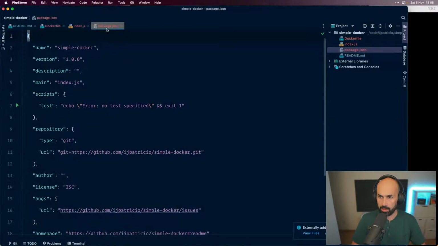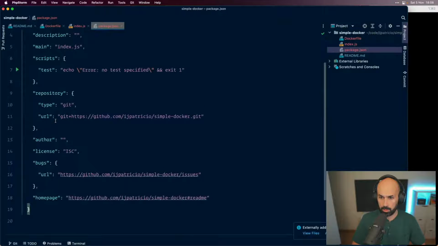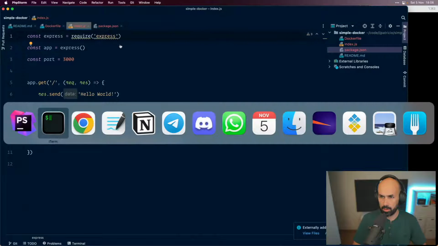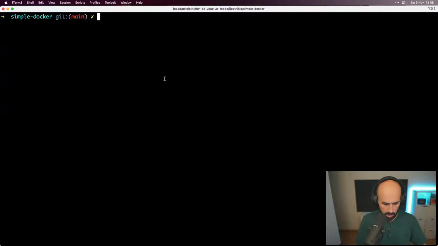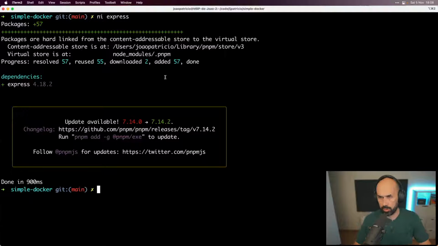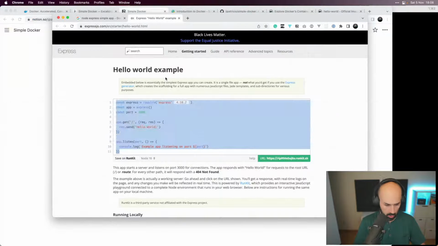So we need Express, I would say, right? No, we don't have it. We need it, right? So we are going to npm install Express. It will run pnpm under the hood. It's a package I recommend everyone to check out.